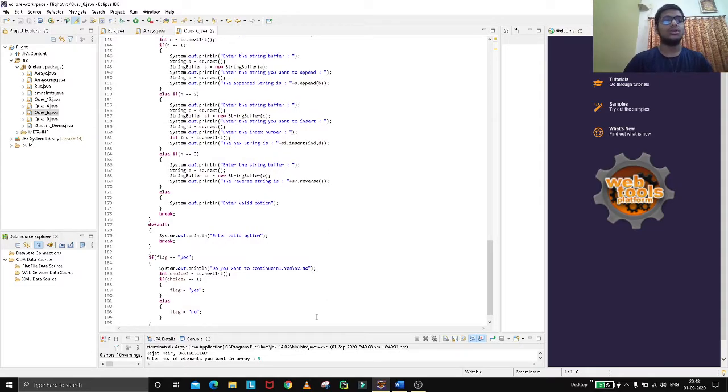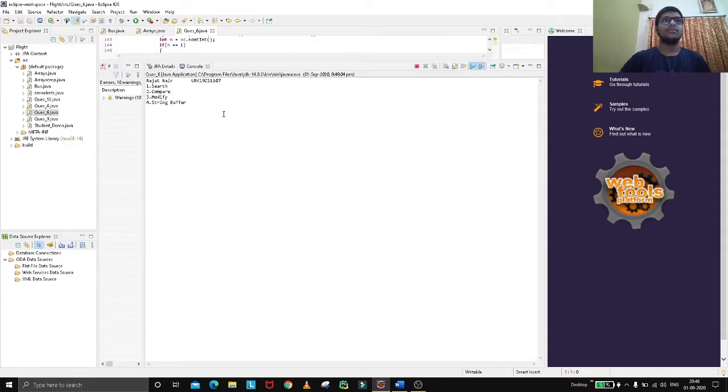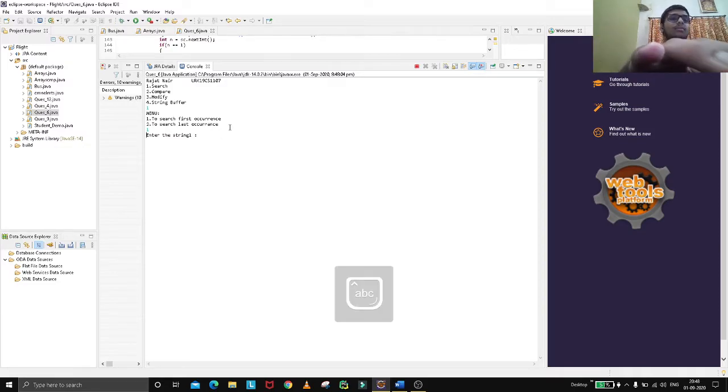So let's move on to the running part. Here you can see the user can choose to search the first occurrence or the last occurrence. I'm going for the first occurrence, so I provided one. Enter the string you want to search.